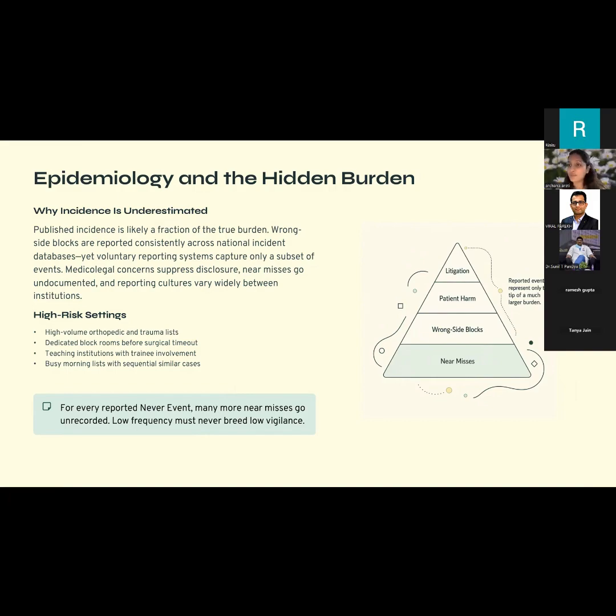I cannot mention how many times in my practice I would have got them into a prone position for a procedure and then the side gets switched. But then you realize it in the end because we have checklists in place. It goes through our mind all the time: is this the right side, is this the right side? But there are some vulnerable zones where we should be a little bit more vigilant, especially